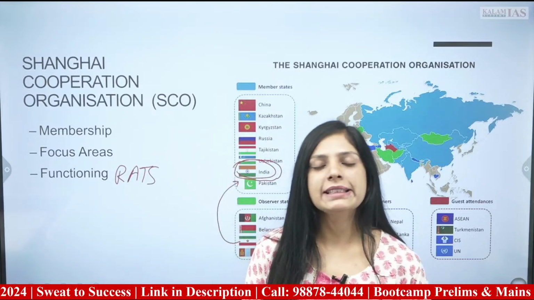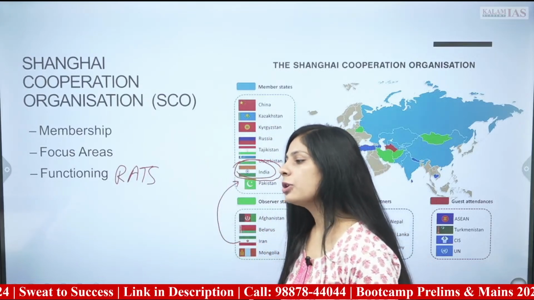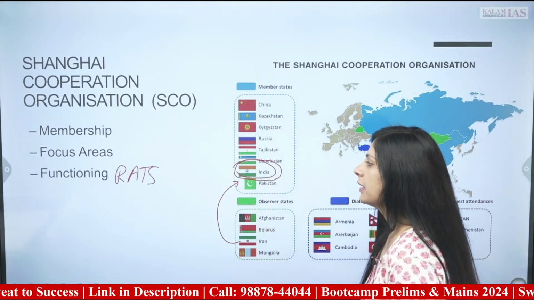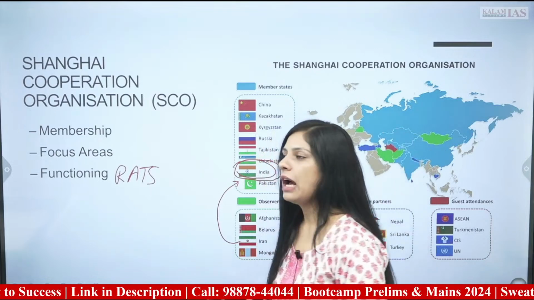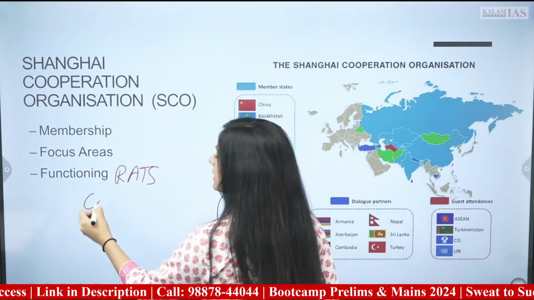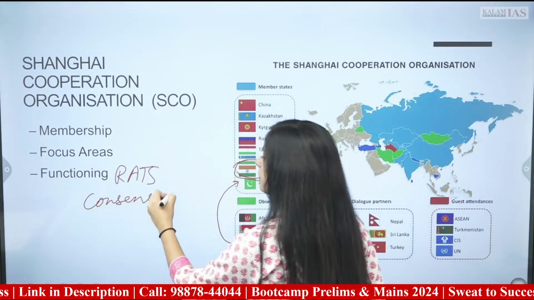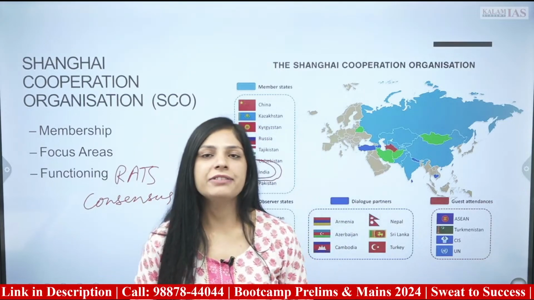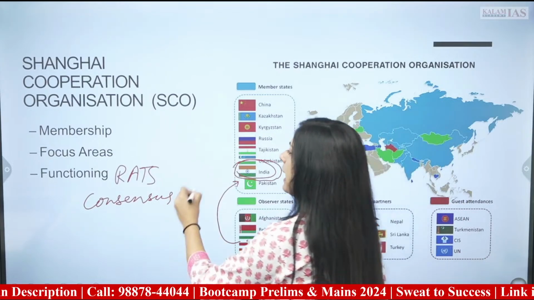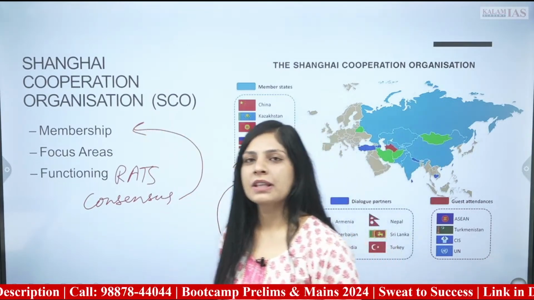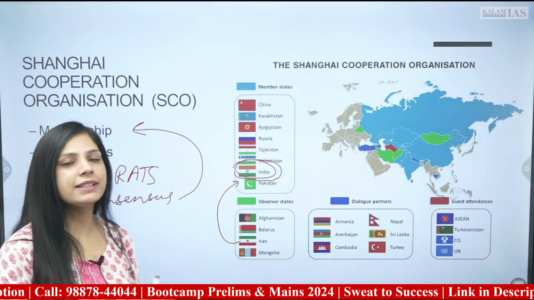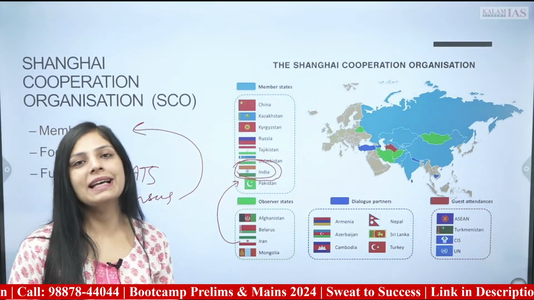So the kind of organizational structure an institution has also throws light upon its functions and the role it plays, right? You can also see how the functioning is taking place. For example, in SCO, consensus based decisions are there, right? The decisions are made after building the consensus among the members. And if you see in the light of this membership, in SCO diverse members are there, and when the decisions are being made following the consensus,